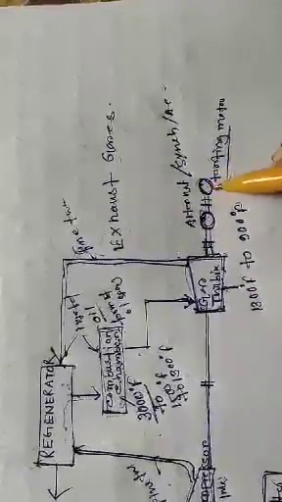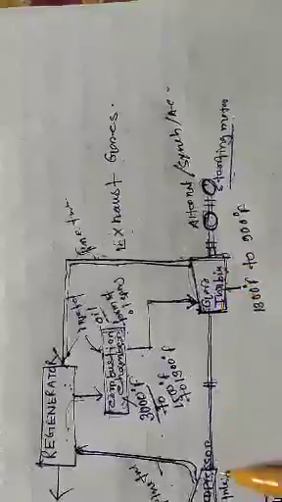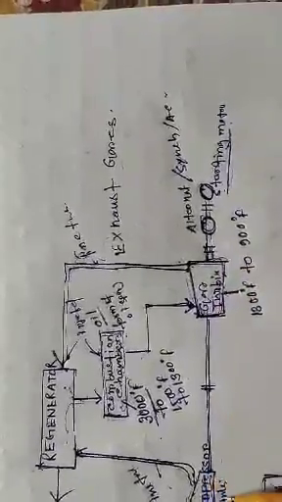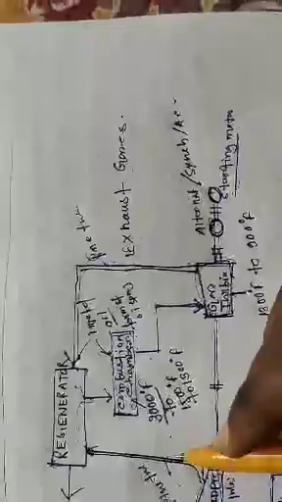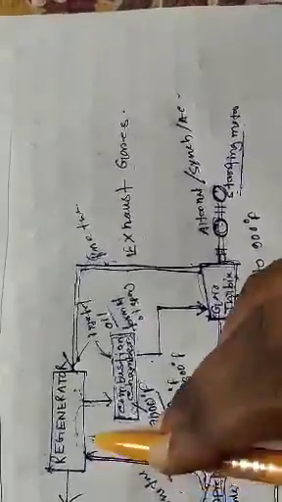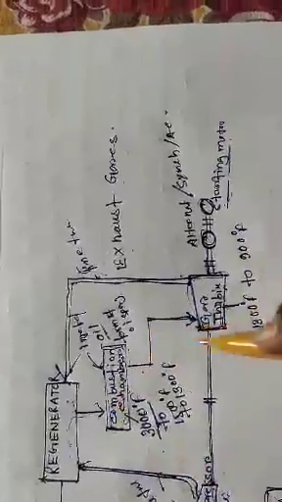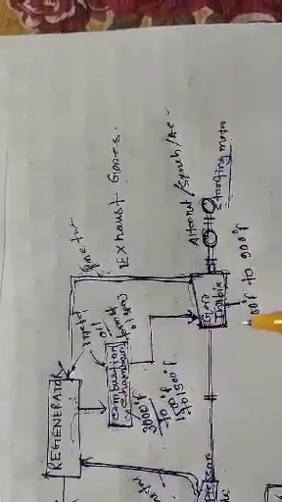When the starting motor starts, the compressor and gas turbine also rotate. The filtered air goes to the compressor, is compressed and transferred to the regenerator. So at the starting of this system an alternative arrangement is required, and the starting motor is used for starting the compressor and alternator.